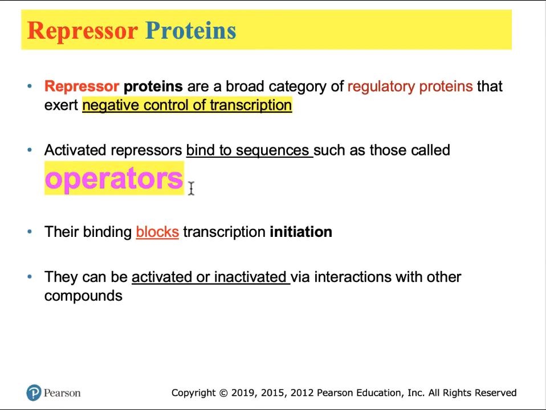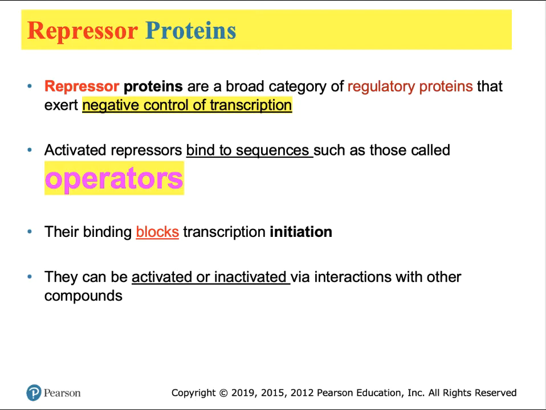They may be just upstream of the transcription start site. They may be at the transcription start site, or they may be somewhere downstream of the transcription start site. But the most common place you find them is around the promoter. What these factors do is basically bind to the DNA downstream of the RNA polymerase binding site. And they prevent the RNA polymerase from being able to move down the DNA into the coding section of the gene. In some cases, the operator and the promoter are one and the same.